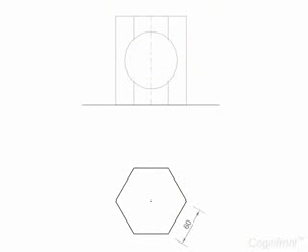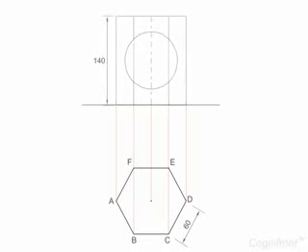The top view shows the true shape and size of the hexagonal base of the prism. Project the details from the top view to obtain the front view. Observe, as the axis of the circular hole is perpendicular to the VP, its front view appears as a circle